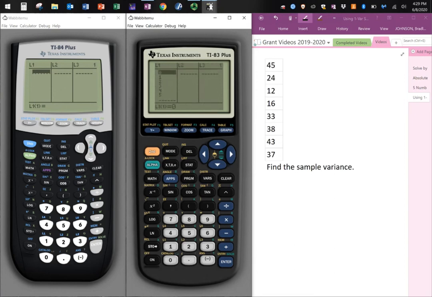Now what happens if you accidentally went up and then you hit delete? Look, list 1 disappeared. To get that back, you need to hit the stat button, go to number 5, and then hit enter on SetUpEditor. This will refresh it. So if I go back to stat and edit, list 1 came back. So remember, go up, clear, enter, and it'll get rid of it. So now let's put my data in. So I have 45